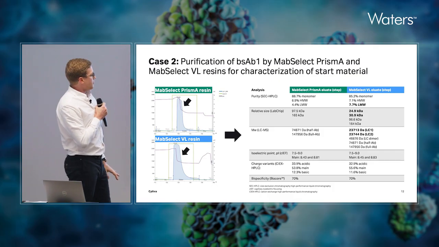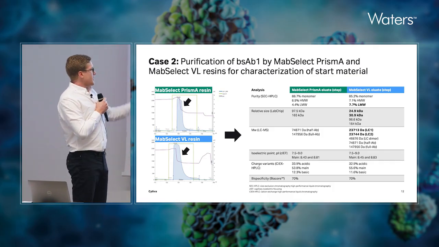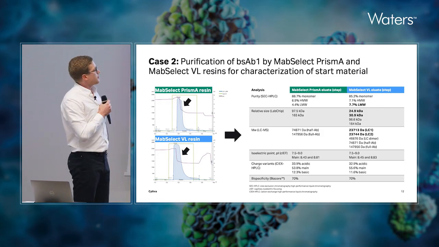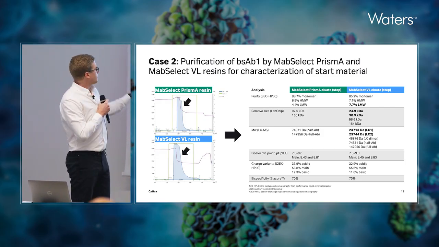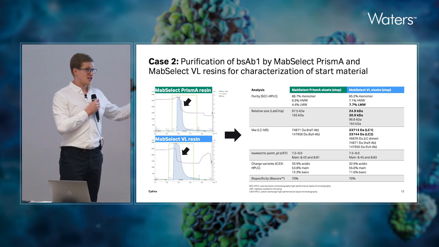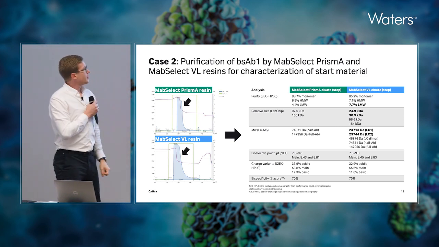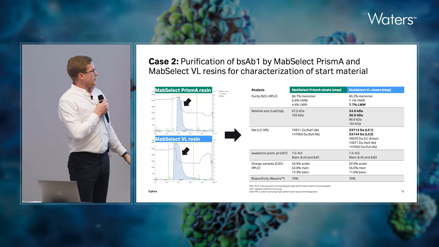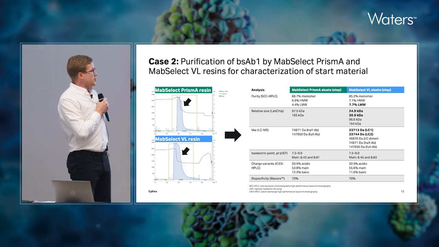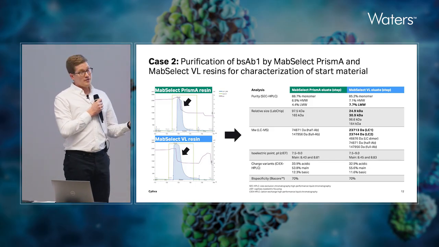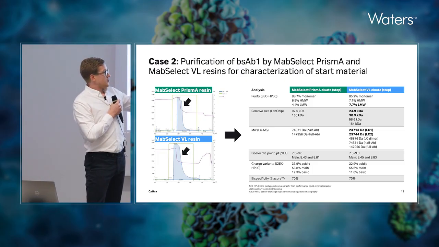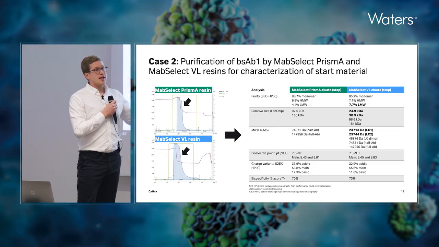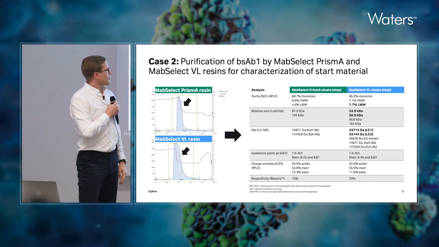I'm not going to go through everything, but if we look at the SEC, the purity, we can see that we have pretty okay purity for just the capture step. But we can see that we have more low molecular weights with the protein L-based resin. Not surprising, because this will capture the light chain. If we look at the mass spec, we can really detail what these different species are. We can see that we have presence of half antibody and full antibody. In the VL eluate, we can also see that we have LC dimer and 2 LC alone.